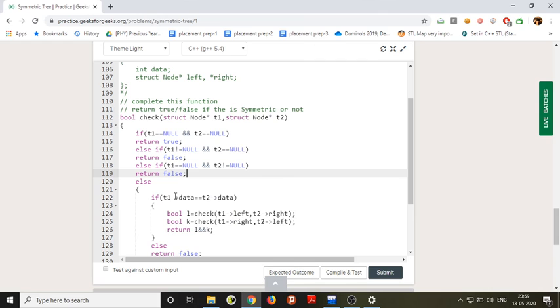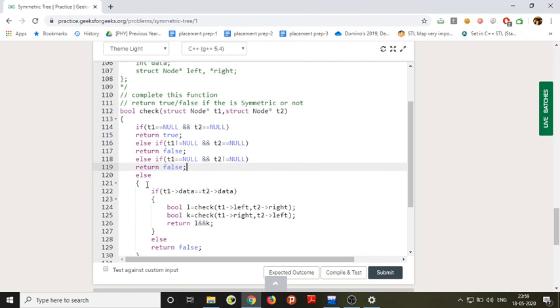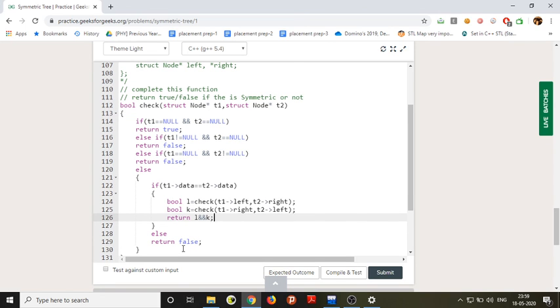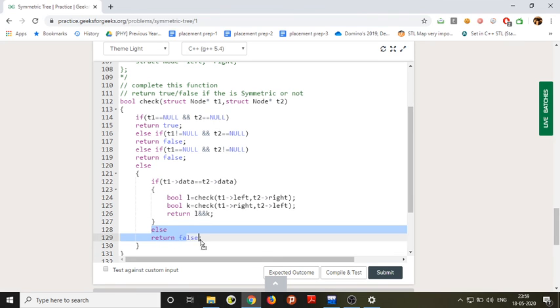If both are not null and both the data are the same, then we check T1 star left with T2 star right and T1 star right with T2 star left, and return L and K. If both T1 and T2 are not null and T1 arrow data is not equal to T2 arrow data, then we definitely return false because those are obviously not symmetric. So else return false.